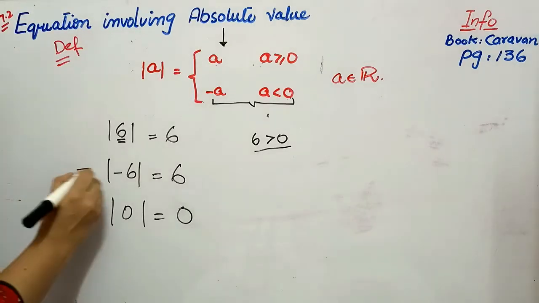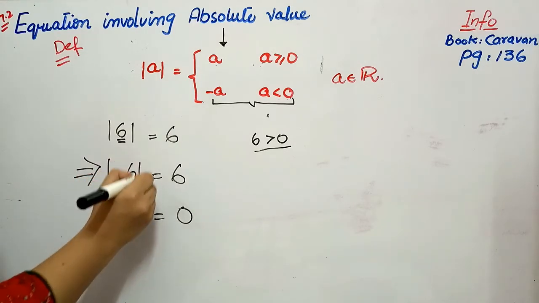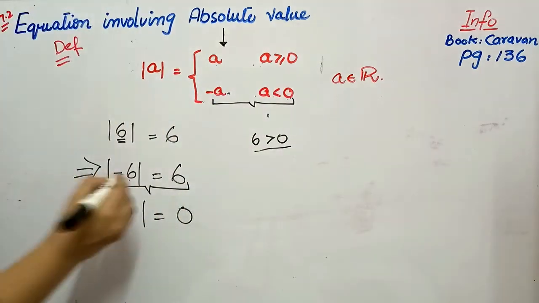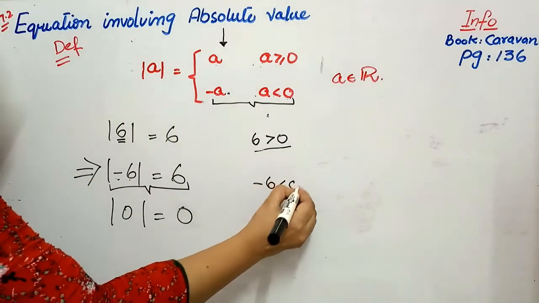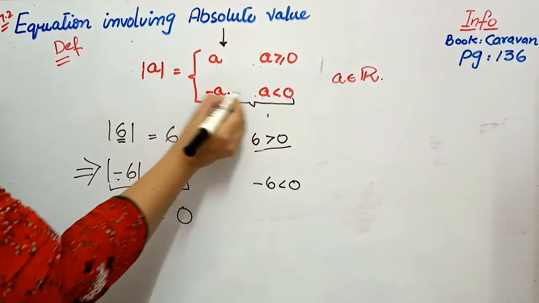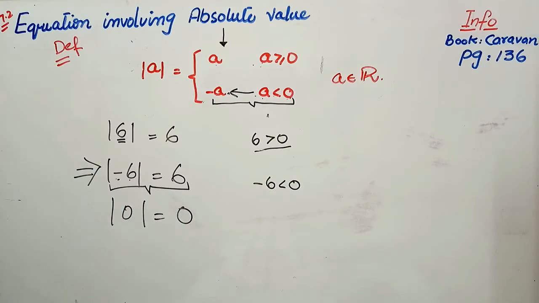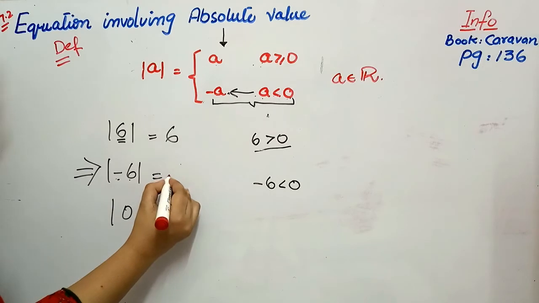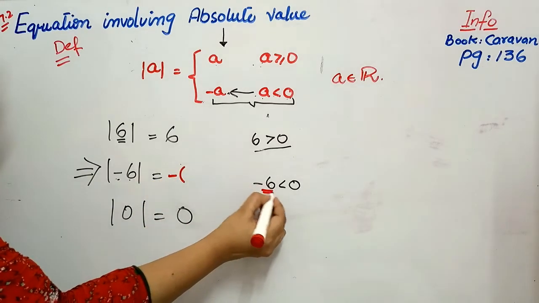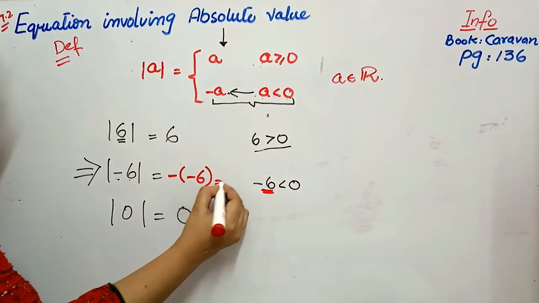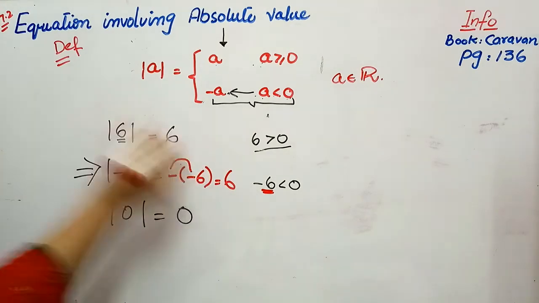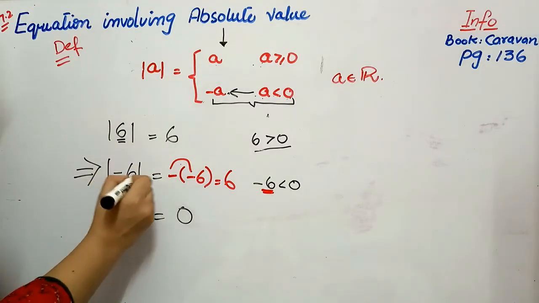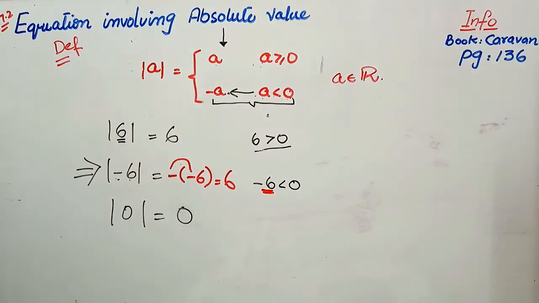Here I am telling you that minus 6 is equal to positive a. You can see that a is less than 0. Since a, which is minus 6, is less than 0, the modulus will give me negative of a, that is minus a. So minus of what is a here? It is minus of minus 6, that is minus minus plus 6. That's how this minus 6 becomes positive after applying modulus onto it.